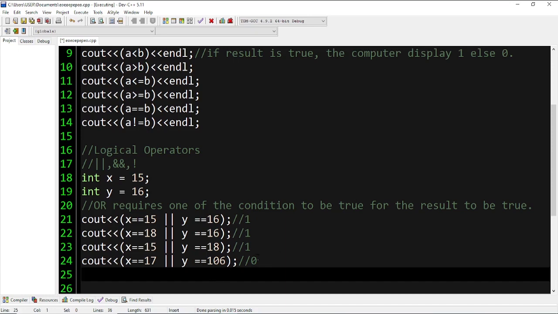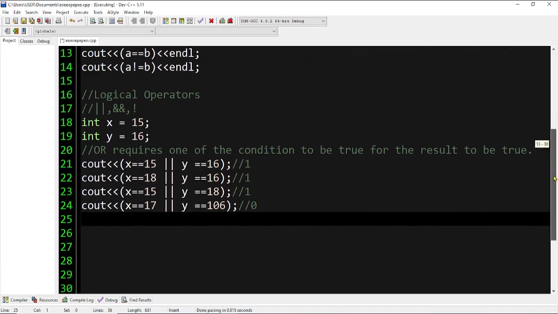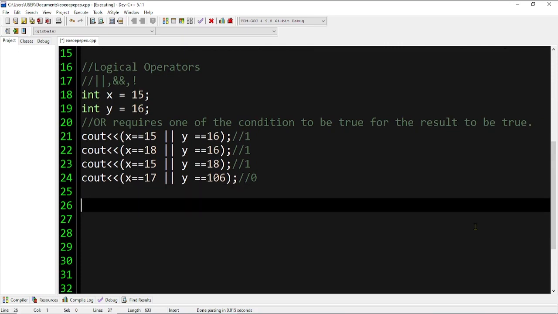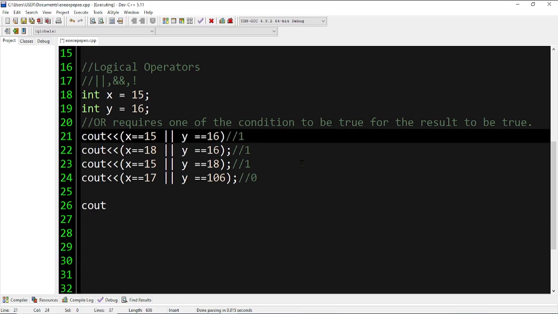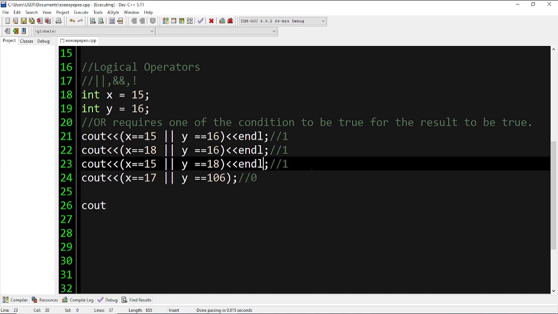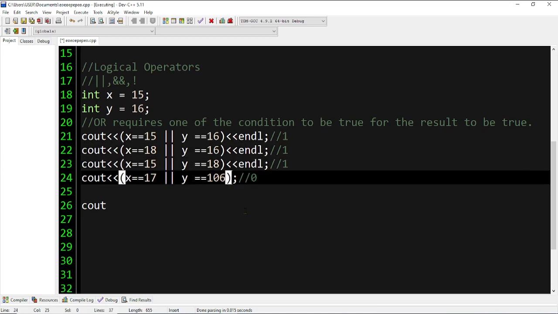So let's check how the AND works. If we said C out, and we have something like this too. So now if we said C out,